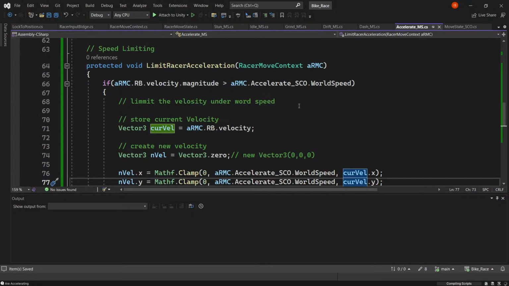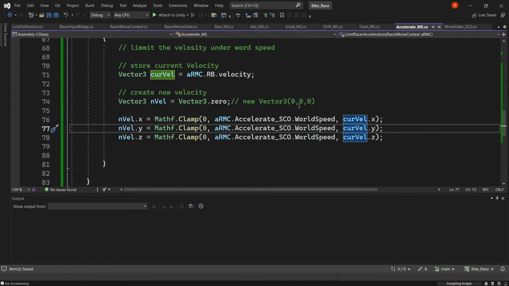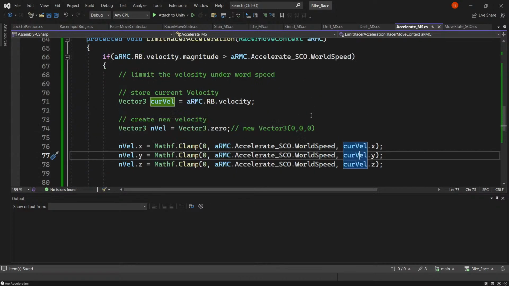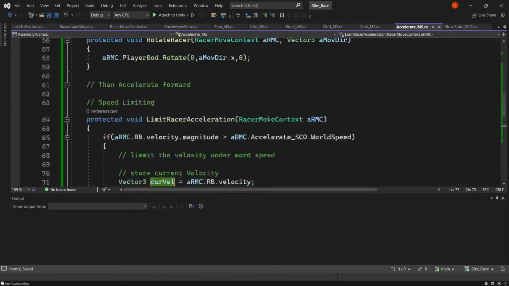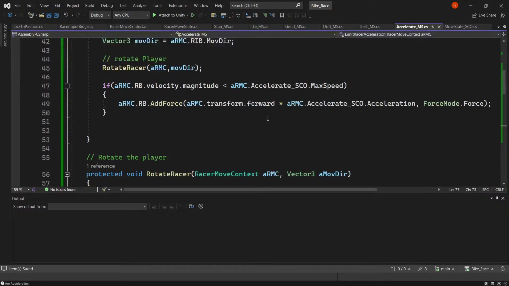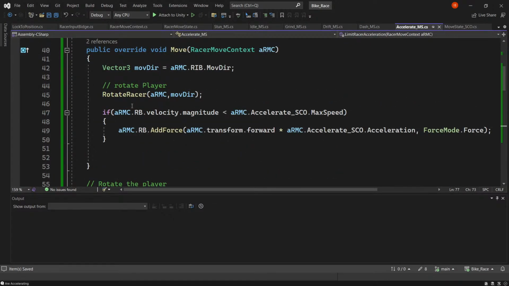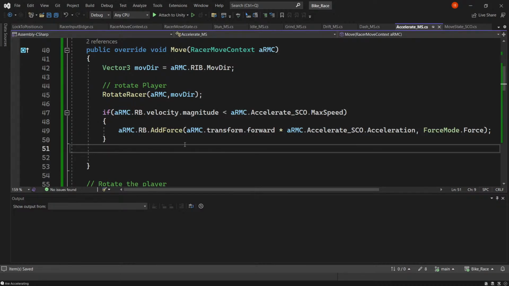Shouldn't have saved that just yet. Now it's compiling. So we have world speed. So now that limit acceleration takes in this thing and runs, now we just go back and we're going to call it. So we rotate our racer, we add the force in a direction if we're within certain bounds, and we,